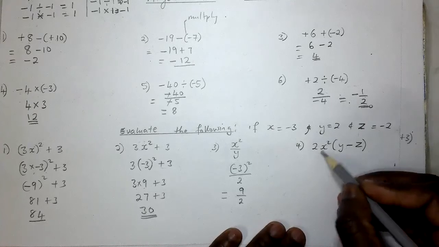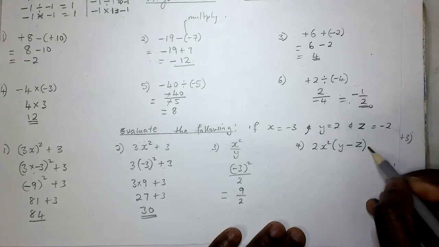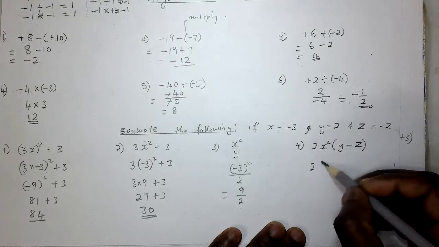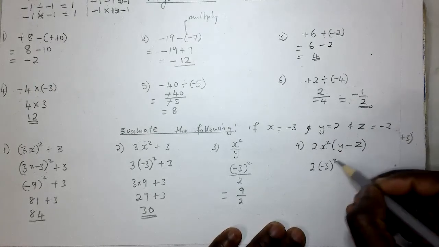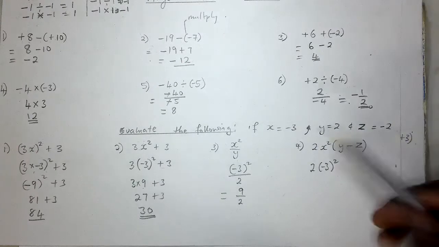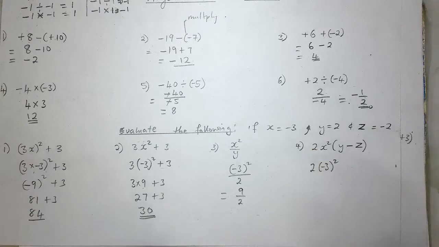It is saying 2x squared y minus z. Now we're going to write it as it is. 2x squared is negative 3 squared. So don't forget to put brackets. Don't forget to put brackets, because when you have a negative, some of you might write it like here, we're just going to write 3